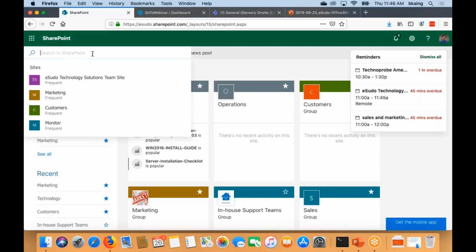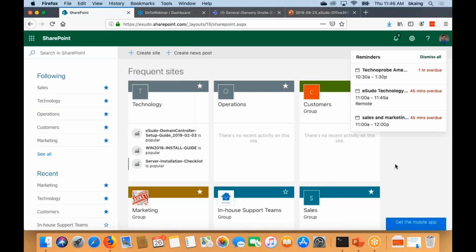Now, if I'm looking for something, it's going to start searching all the different sites in there. But if it's customer relations, customer service or operations, it's probably quicker to go into that site and start searching. Does that answer it? For other sites, you have to have permissions to access those sites.